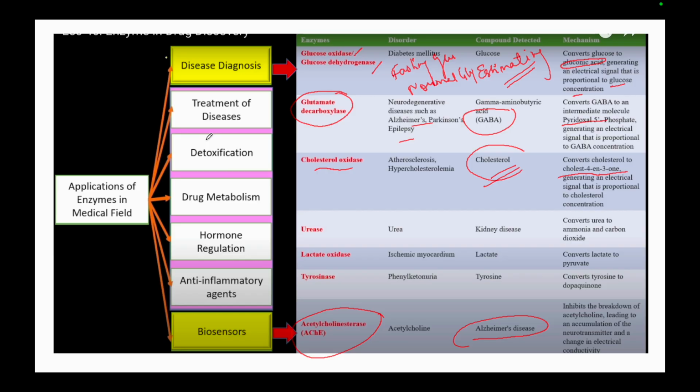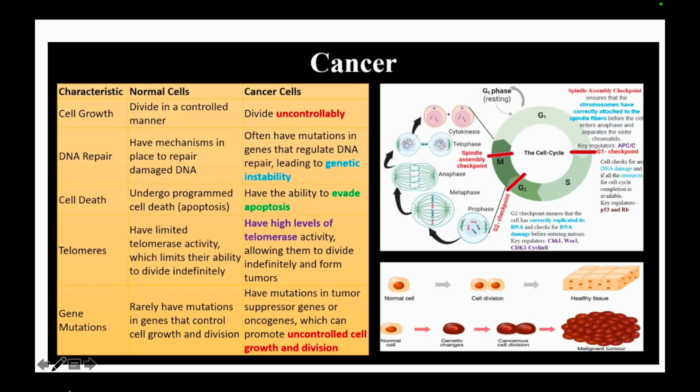It could be used for different anti-inflammatory agents, like painkillers, to reduce inflammation, or it could be a biosensor for the estimation of different things, like we studied in the previous class. ELISA is a type of biosensor for diagnostics to measure different virus levels in the blood. So let's study each of the enzymes involved, very roughly, which are the enzymes involved in different diseases.